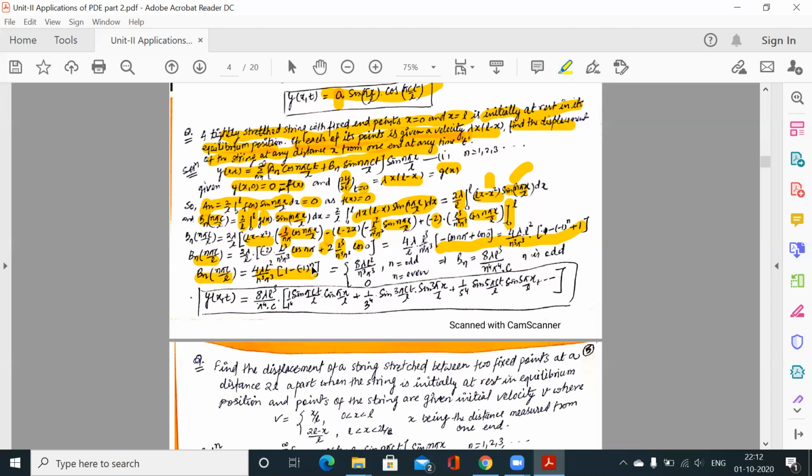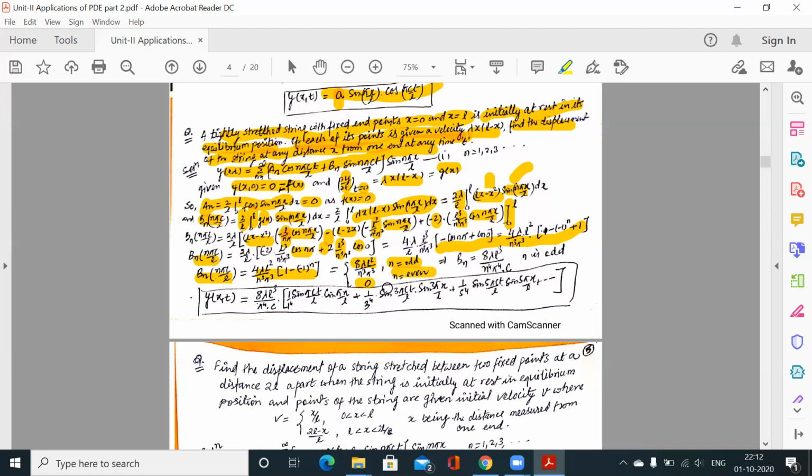तो जैसे ही एन ऑड होगा, ये वैल्यू क्या होगी? नेगेटिव. नेगेटिव से बाहर आई नेगेटिव, तो प्लस हो गया, तो 2 टाइम्स, मतलब 2 इंटू 4 यानी 8 टाइम्स हो जाएगा व्हेन एन इज ऑड. जब एन इवन होगा तो ये प्लस हो जाएगा, प्लस 1, 1 माइनस प्लस 1 इज 0. सो दिस इज ऑलवेज 0 व्हेन एन इज इवन.